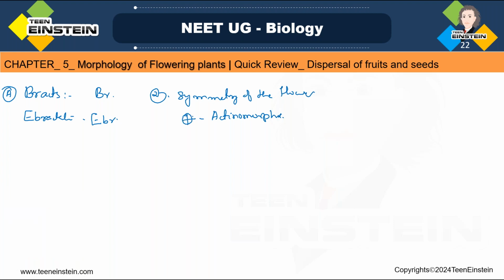This is the actinomorphic symbol. And for zygomorphic, we will write this symbol. Then the next character which we need to explain,